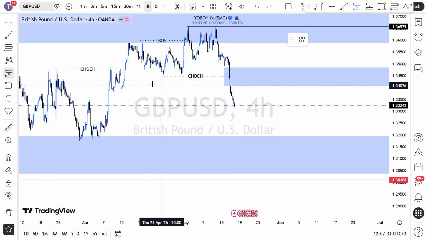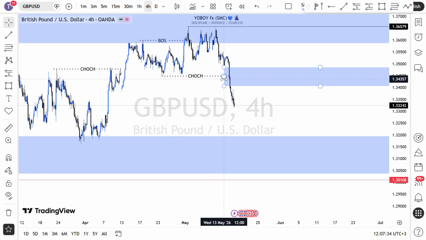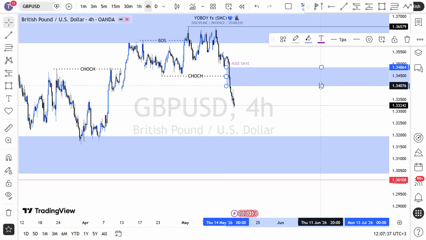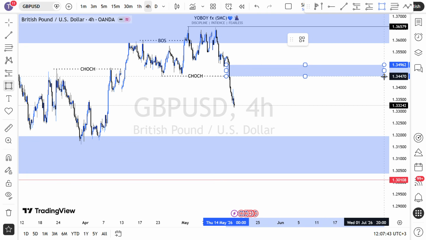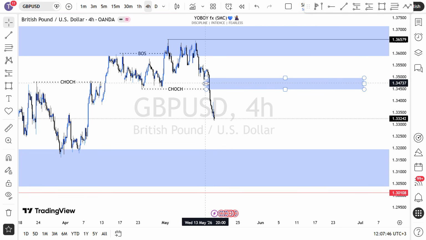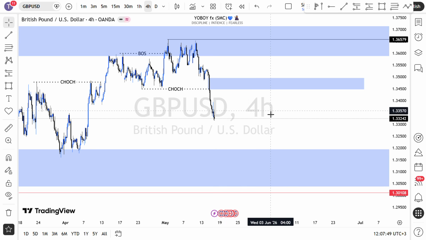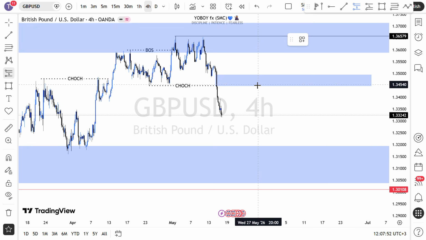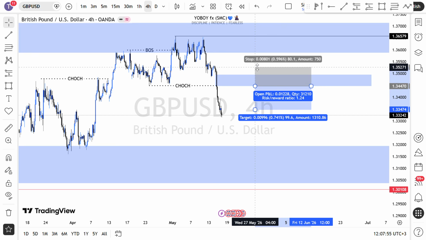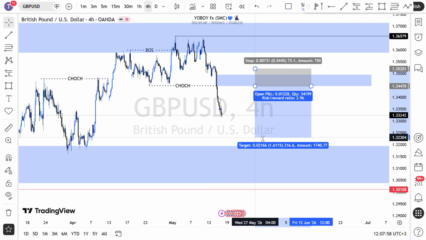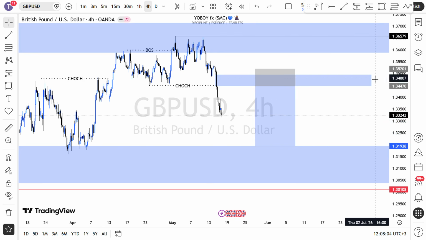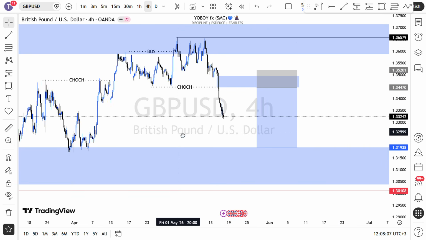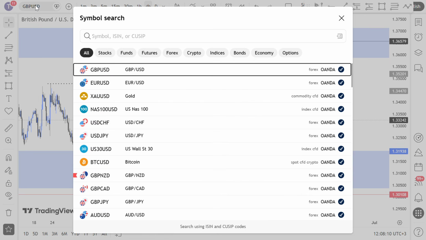So I'll either choose this extreme fair value gap or this second fair value gap. But as for me, let me clear this, and then I'll choose to take a trade from this extreme fair value gap there. That will be my best point of interest. So if the price comes into that area, I'll be taking my sales from there. Stop loss maybe above that area, and then we target this low down here. So that is my view on GBP USD, guys. So let us stay tuned so that we can have an update. Let's say maybe on Tuesday, I'll be giving you an update.